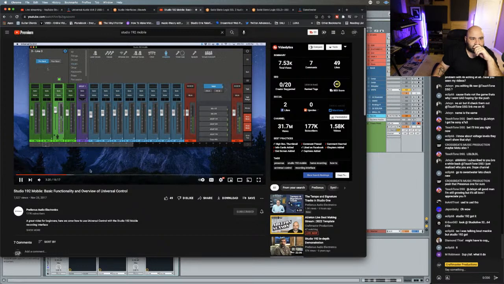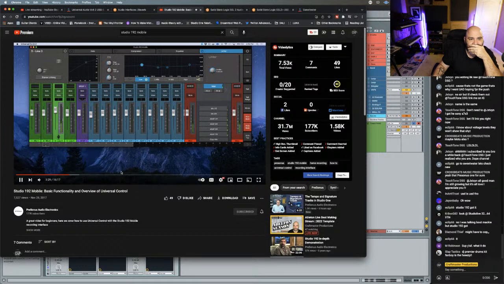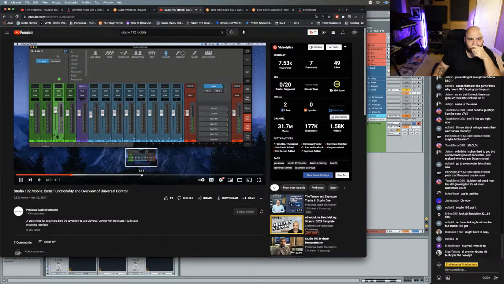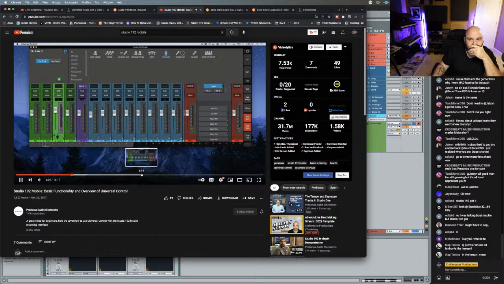Now, another thing you'll notice over here is that we have a pre-send versus a post-send. Let's talk about what this means for a second. If we are making some adjustments and we wanted to monitor through the onboard DSP Fat Channel, but we don't want to commit to that, then we would want to make sure that this is set to pre-send. And this is the way that this is set up by default. So all of these channels by default.